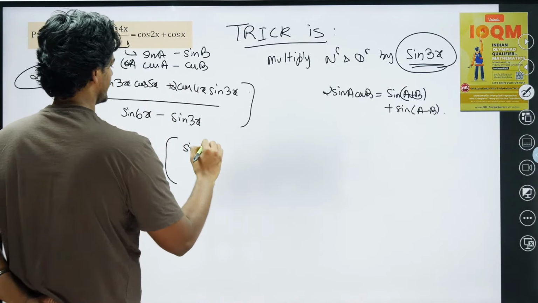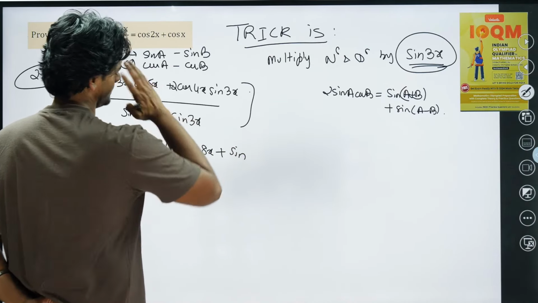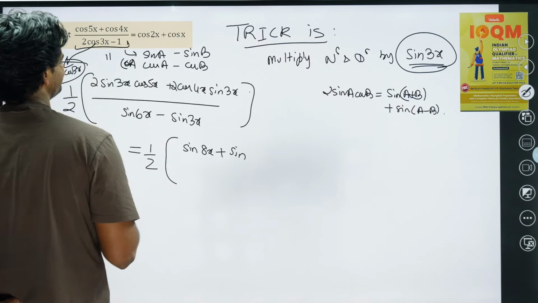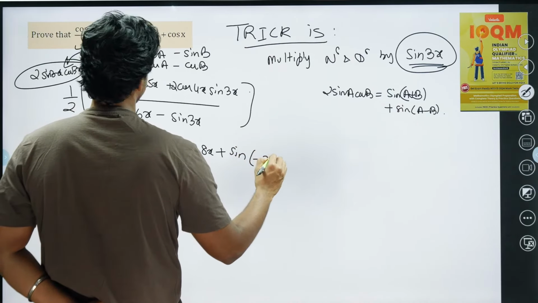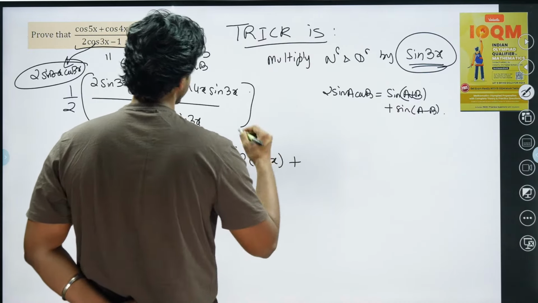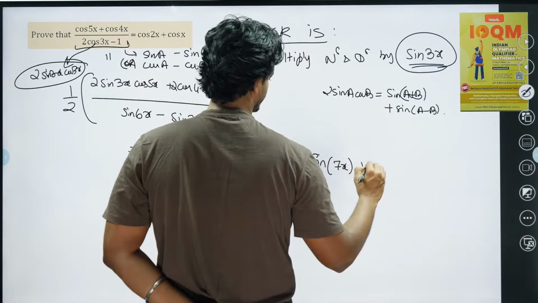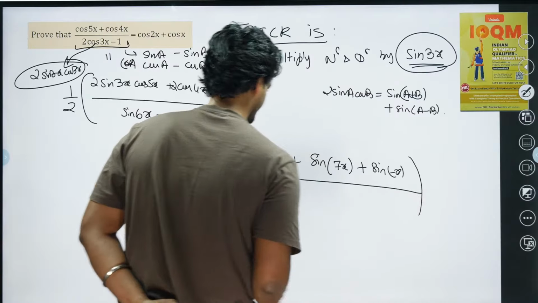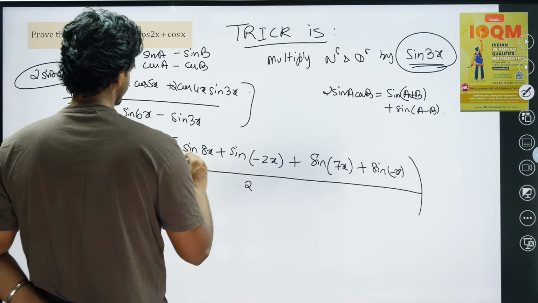So sin 8x plus sin minus 2x, plus similarly sin 7x plus sin minus x, divided by 2 times of